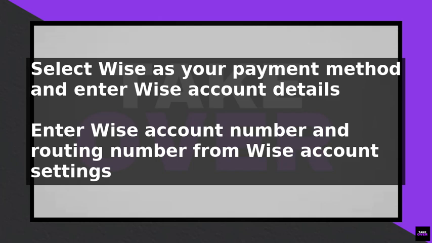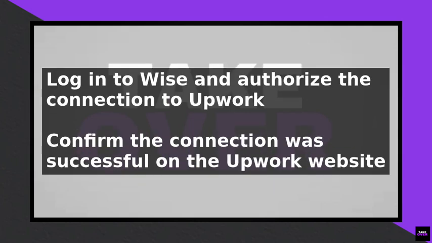You will need to enter your Wise account number and routing number, which can be found in your Wise account settings. After entering your Wise account details, click Continue and you will be redirected to the Wise website to authenticate the connection. Log into your Wise account and authorize the connection to Upwork. Once the connection is authorized, you will be redirected back to the Upwork website, where you can confirm that the